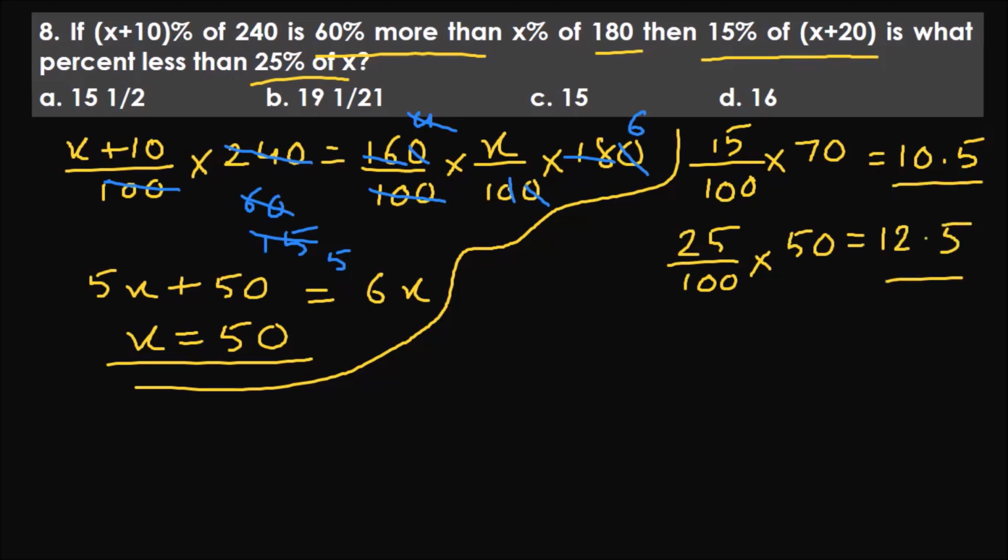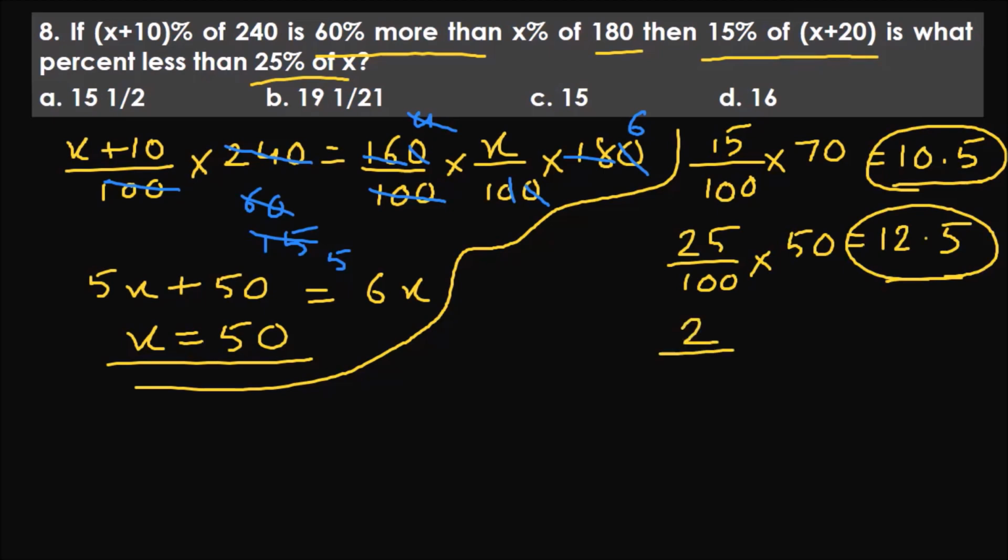They have asked, 10.5 is what percentage smaller than 12.5. That is very easy now. It's like a child's play. Now, whenever they ask smaller than or greater than percentage, the numerator is always the difference between the two. What's the difference between 10.5 and 12.5? Difference is 2 divided by